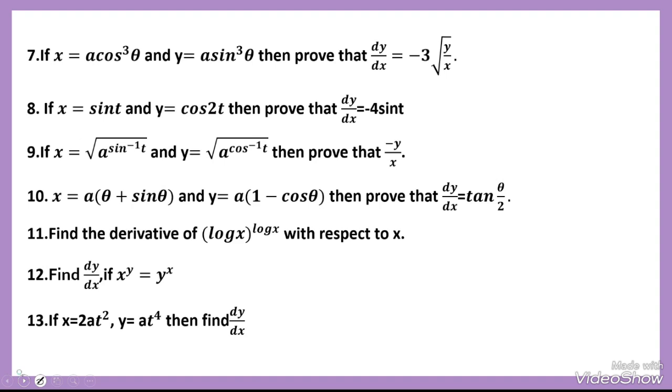Then out of 13 questions, there is one definite question. Most of the time they may ask these questions. For 3 marks, most of the time they usually ask for parametric functions. So you have to prepare these concepts: finding the dy by dx while given parametric functions. Here also the given parametric equation has to be